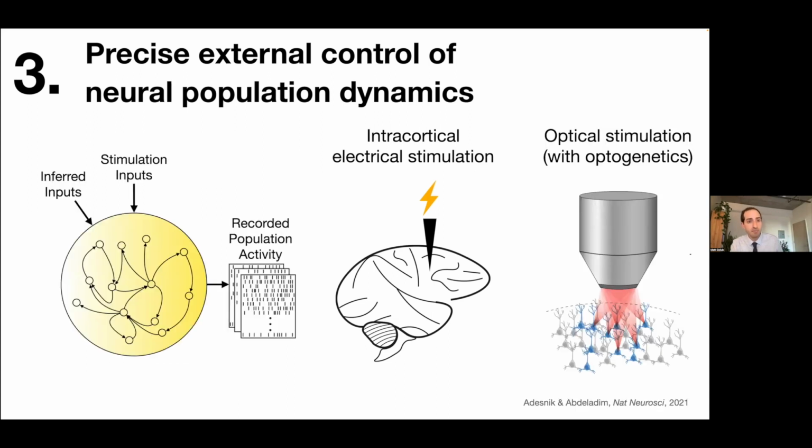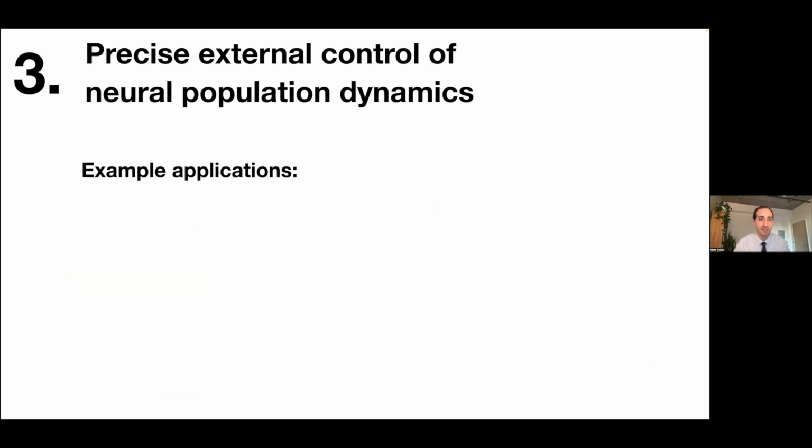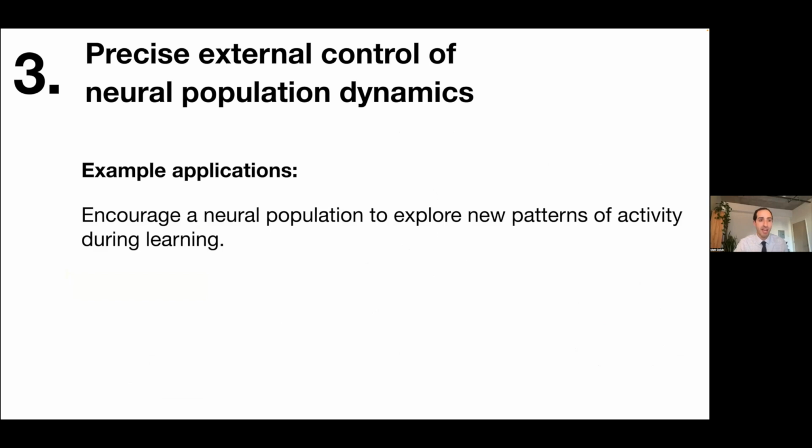And the idea here is that because we know how to build rich models of neural population dynamics, we can bridge with techniques in model predictive control to identify the electrical or optical stimulation procedures that optimally guide the neural population to the desired state, all while taking into account the neural population dynamics. And some potential applications of this could be to encourage a neural population to explore new patterns of activity